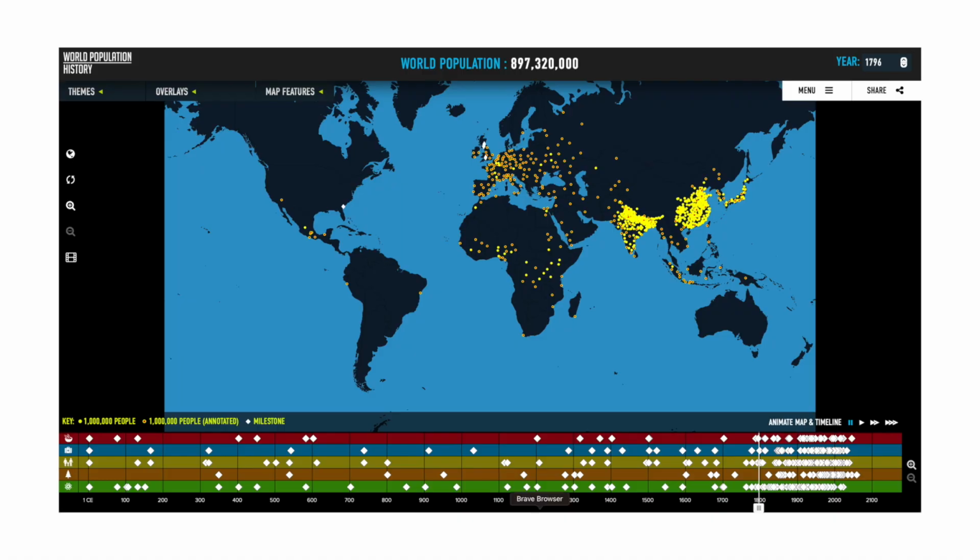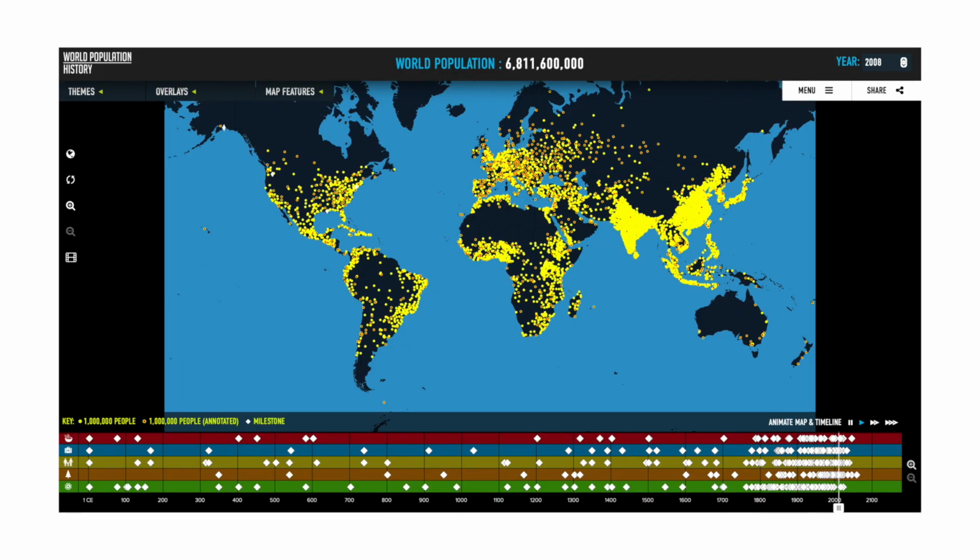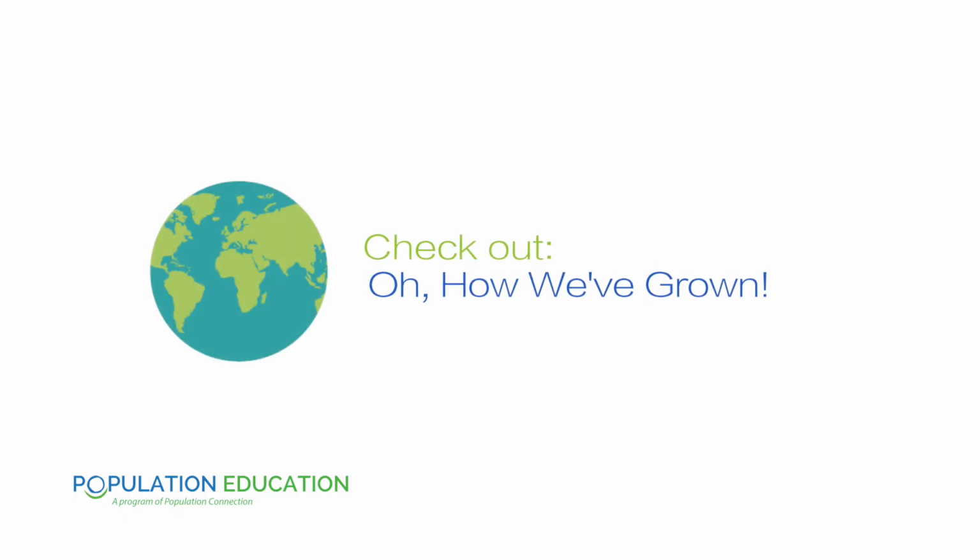On the final card, the student will read about world population changes over the past 200 years. And you'll direct students back to the interactive map on the website and the video they watched at the beginning. From 1804, when world population was at 1 billion, the global population has doubled 3 times to its current 8 billion people. There are other lessons that look at this concept of world population history, like the interactive activity, Oh, How We've Grown.